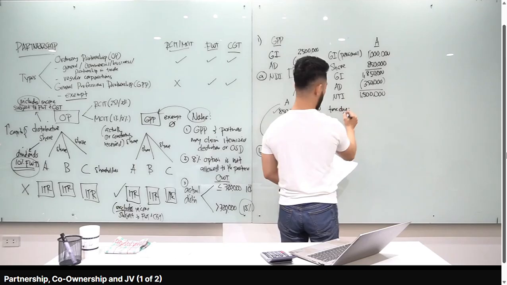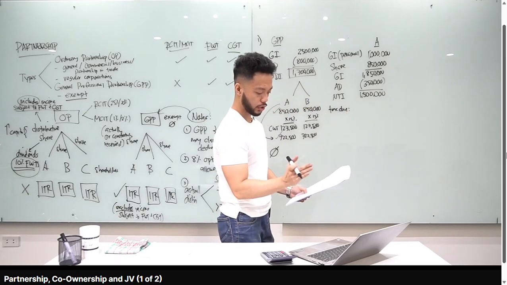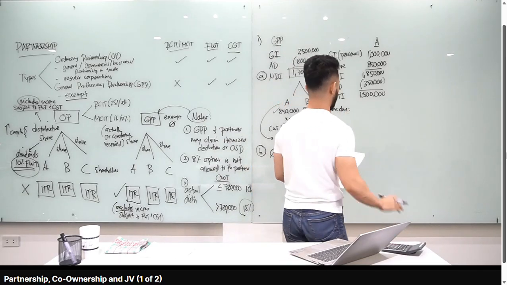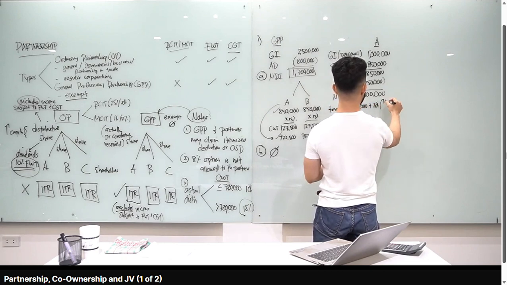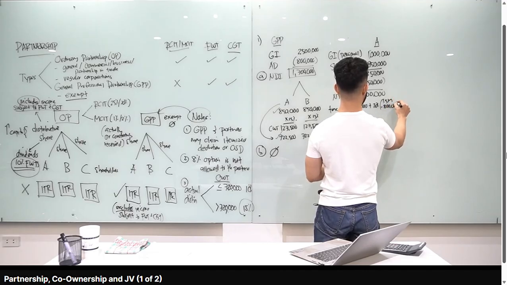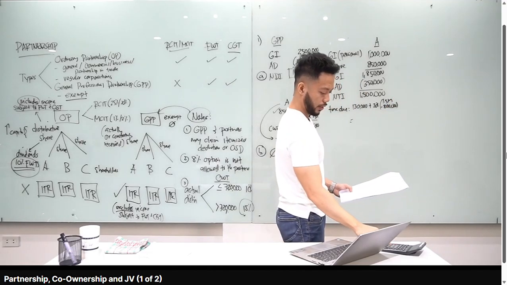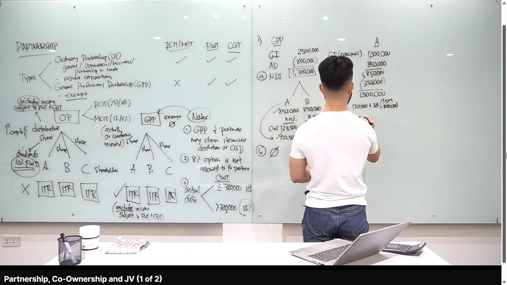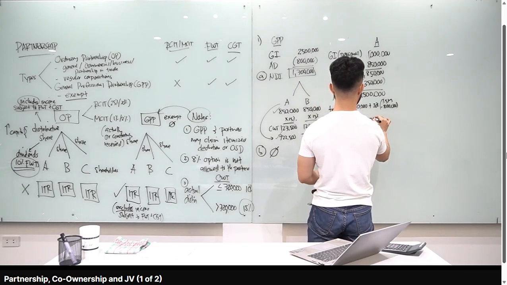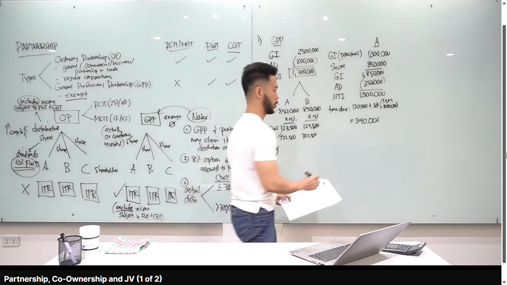Okay, tax due is 130,000 plus 30% in excess of 800,000. Okay? So 130,000 plus 30% in excess of 800,000. So 1.5 million minus 800,000. Okay, so let's compute. 1.5 million minus 800,000 times 30% plus 130,000. Answer natin dito class is 340,000. So this is our income tax due. Yan yung sagot natin, 340.